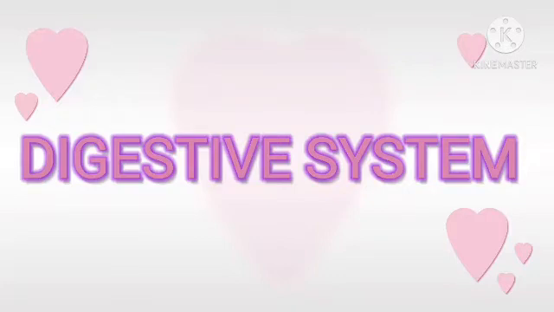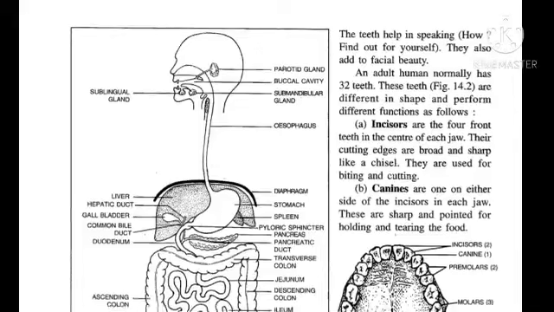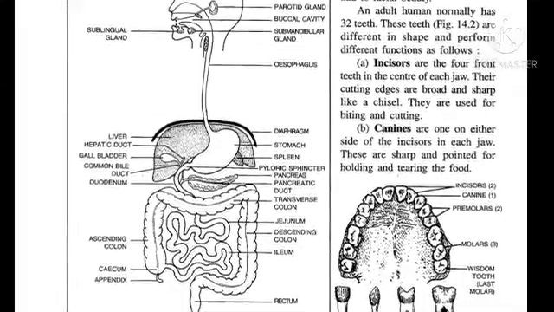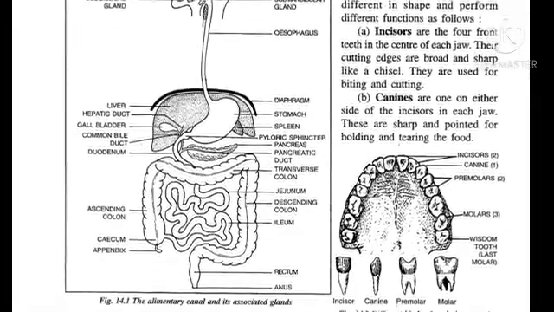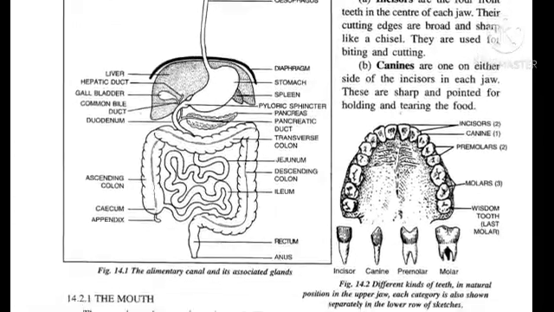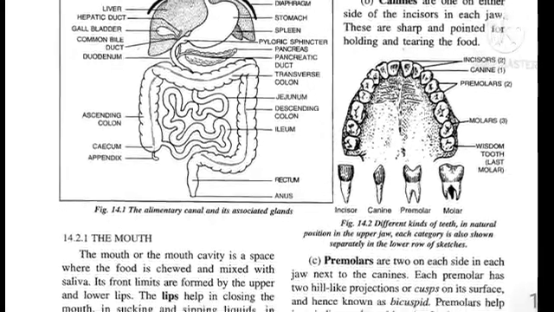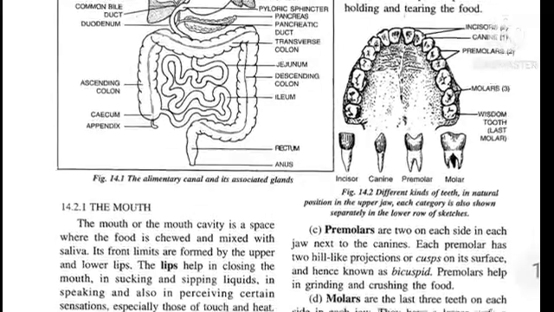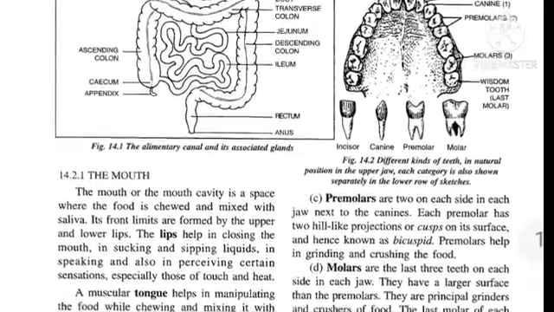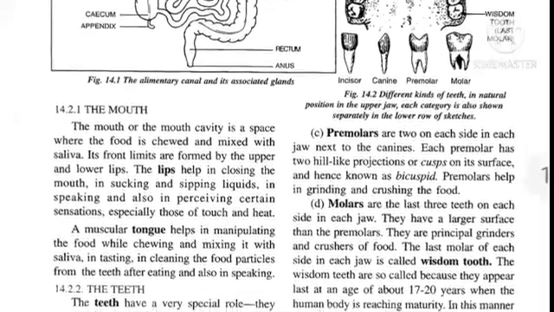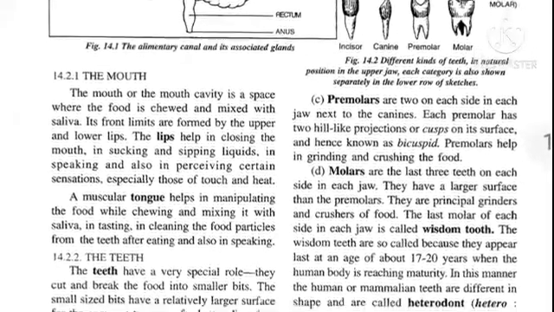As we have started the digestive system, in this video we are going to study the different parts of the digestive system. As I told you earlier, you must have watched the part 1 video clip, which shows us the diagrammatic view of the alimentary canal. Our digestive system mainly consists of two main things: one is the alimentary canal and the other is the digestive glands. One by one we will deal with them. First we will start with the alimentary canal.